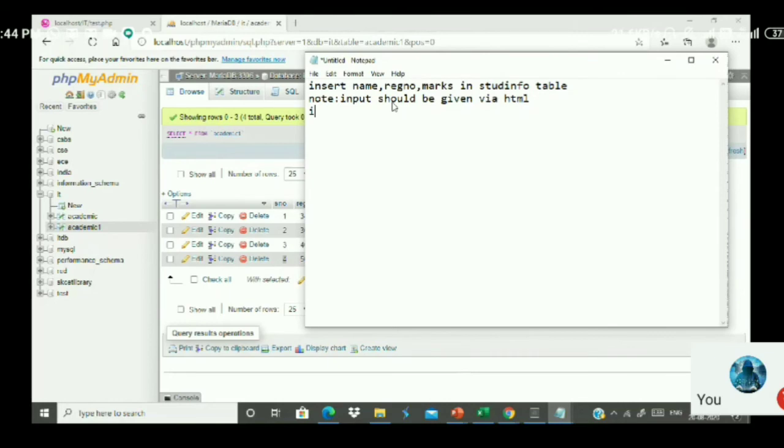And if the table is not created, it should be created dynamically. And the database name is IT database. So how will you do this?